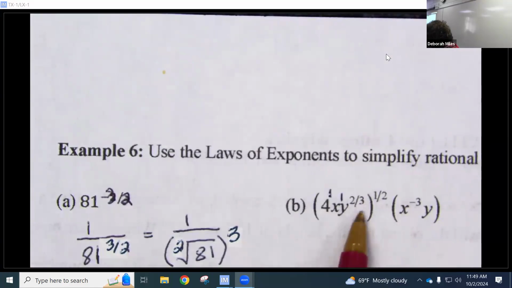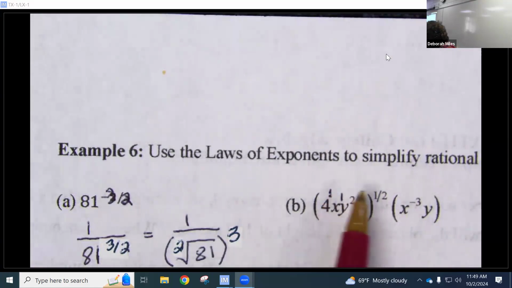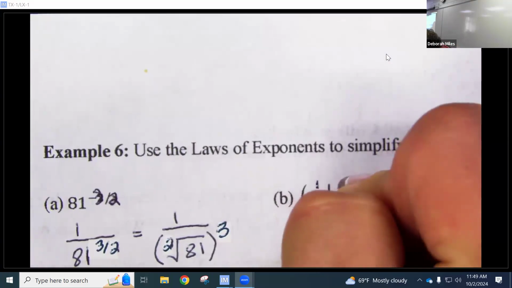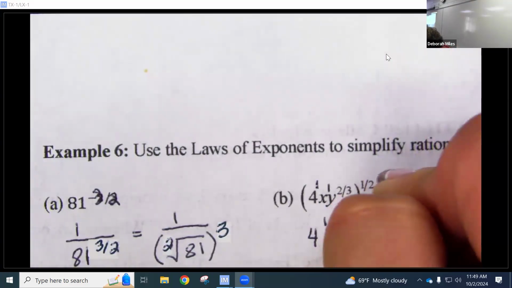And when I raise a power to a power, what do I do with the exponents? Multiply. So I multiply the 1/2 times this one, and the 1/2 times this one, and the 1/2 times the 2/3. That would be 4 to the 1/2, x to the 1/2,